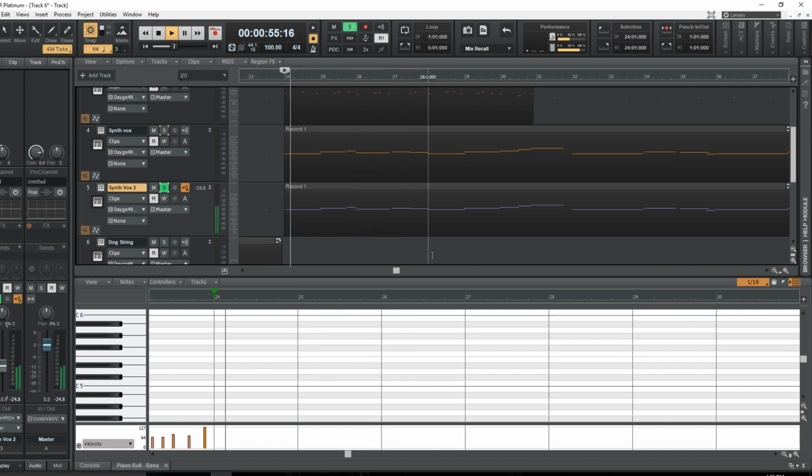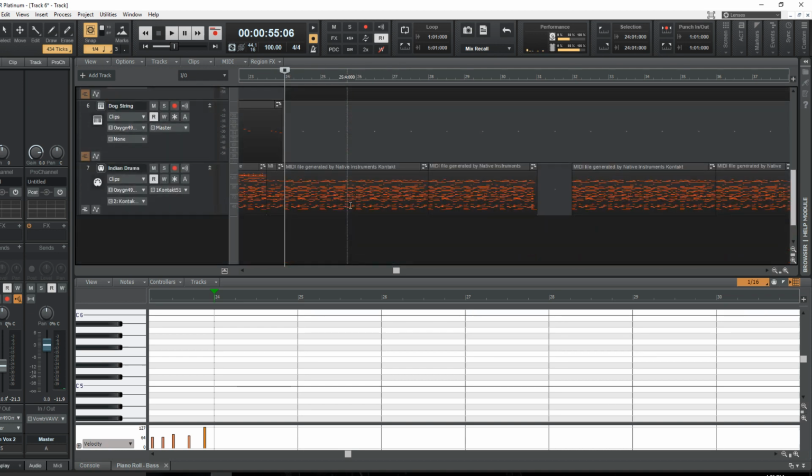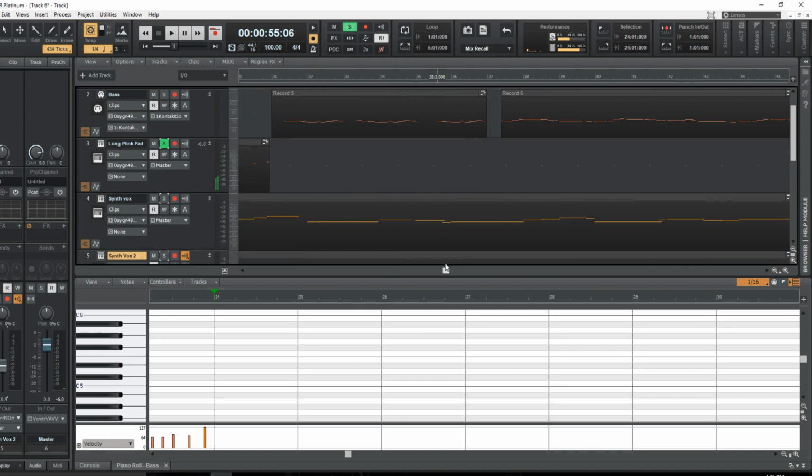And then there's this one. And so both playing the same exact part, just doubled. To kind of add a little bit of flavor to this section that only had the Indian drums and the long plink pad, as I named it, playing at once. And then I have that kind of going through for a little while